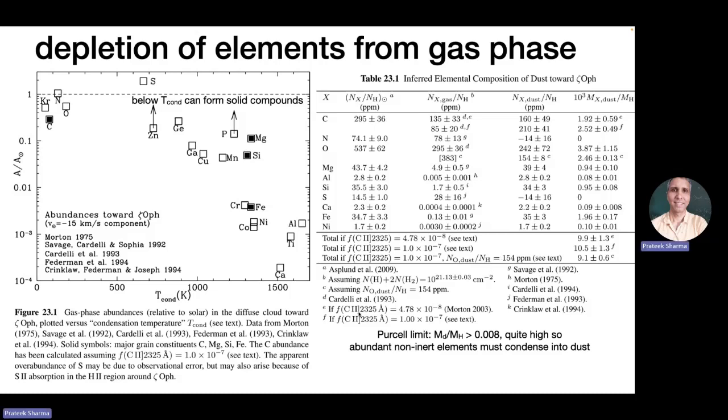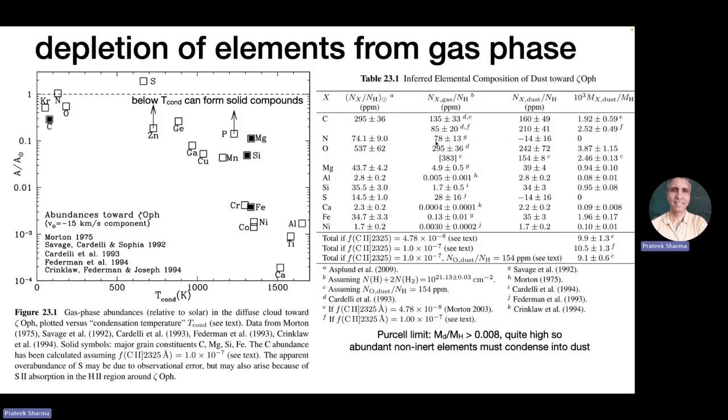Some of these are forbidden lines. It requires extremely low densities to be able to do these. For example, you cannot produce a 21 centimeter line in the lab because even the lowest densities that you can create in the lab are much higher, so the collisional de-excitation is faster than radiative de-excitation for these forbidden lines. For allowed lines, you can do all this in lab. So it is through atomic calculations. Good question.